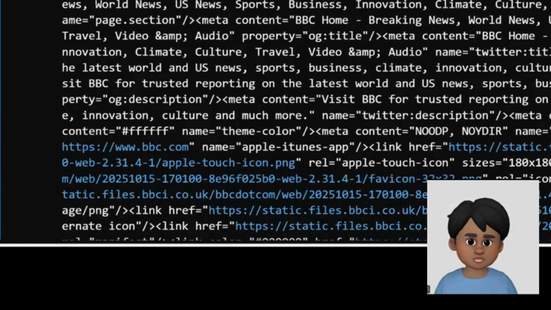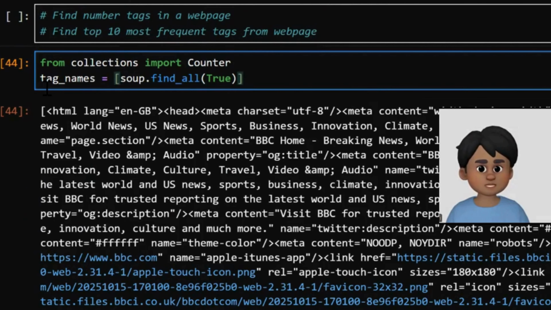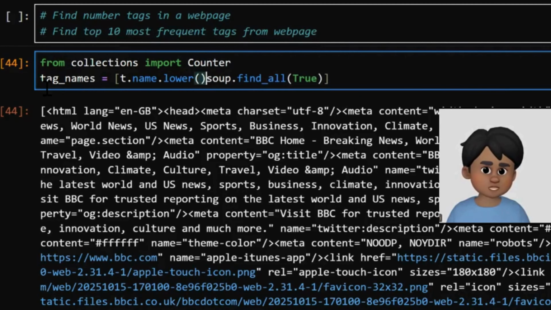So from here, tag names equals to, we need to find all those tags from this soup dot find all. So we say t is a tag name, t dot name. We need to convert this to lower, because all tags need to be lower,